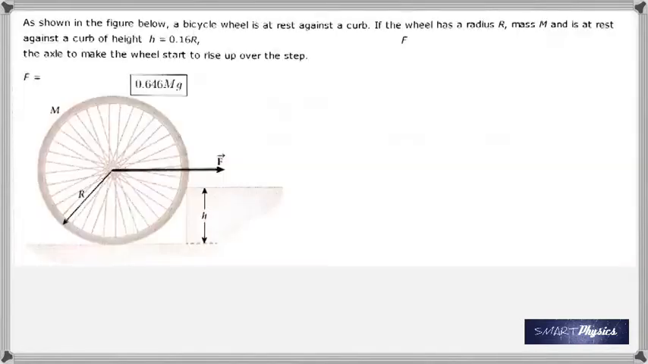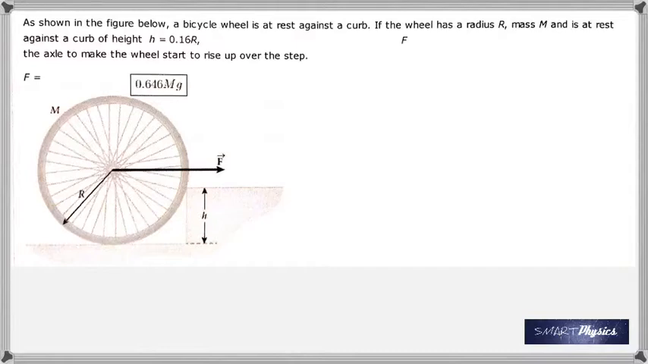Hey there, here is another question from static equilibrium, as shown in the diagram or the figure below. A bicycle wheel is at rest against a curb. If the wheel has a radius r, mass m, and is at rest against the curb of height h, equal to 0.16 times the radius,